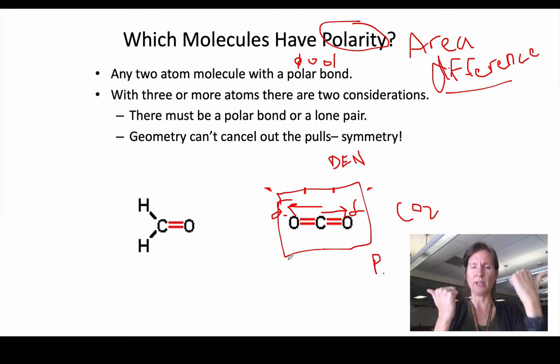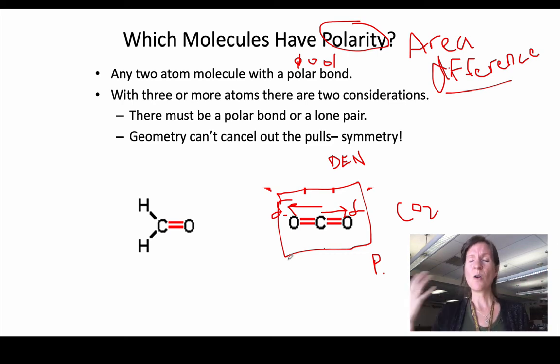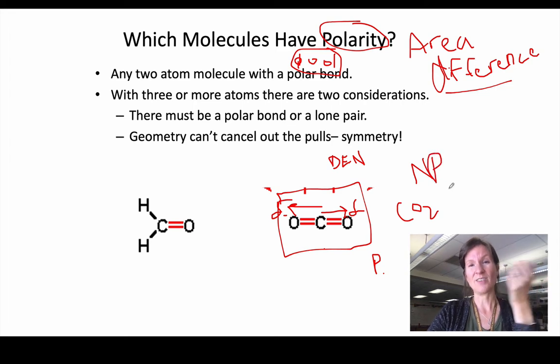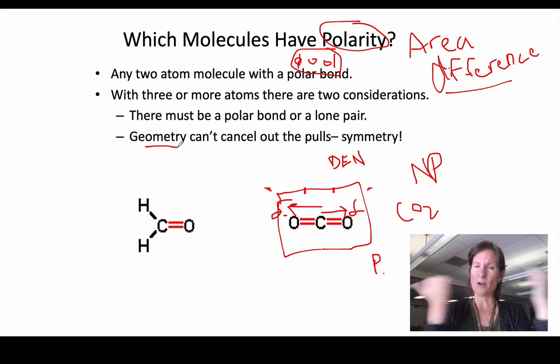Two sides pulling, and they're pulling equal and opposite. And so if they're pulling equal and opposite, no one wins. I don't end up with electrons pooling anywhere. And so this whole structure is considered nonpolar. It has polar bonds. They're not pulling equally, but because the geometry cancels out their pulls, they're equal and opposite,